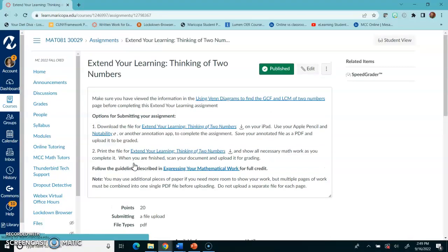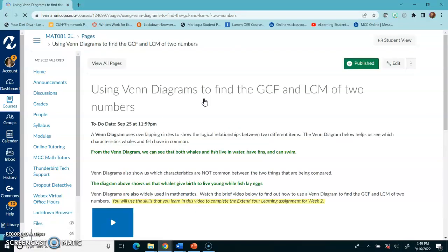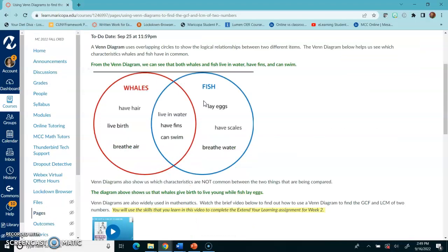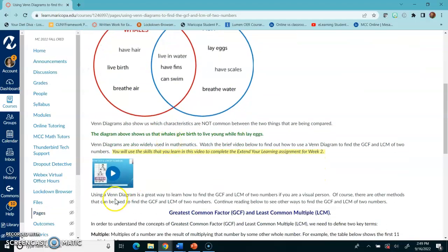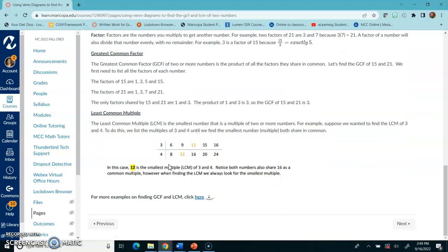I just want to make sure you're aware of the guidelines and the expectations of the Extend Your Learning assignment. Before you complete the assignment, there is a content page for you to view that's going to provide you with a little mini lesson on using Venn diagrams to find the greatest common factor and the least common multiple of two numbers. As you read through the lesson, you can take notes. There's also a little instructional video I've created for you to watch. You could take notes on that video and the additional examples about finding the greatest common factor and the